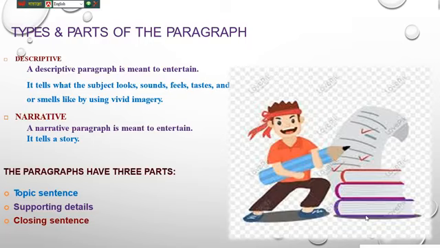Okay, dear students, of course, when we go for telling a story or writing a story, it means that we want to convince our reader. So it's a narration. All right. And what are the parts? I mean, when we go for writing a paragraph, what are the parts it belongs to? It belongs to three parts: topic sentence, supporting details, and closing sentence, right? So let's see what happens to the topic sentence, supporting details, and closing sentence.